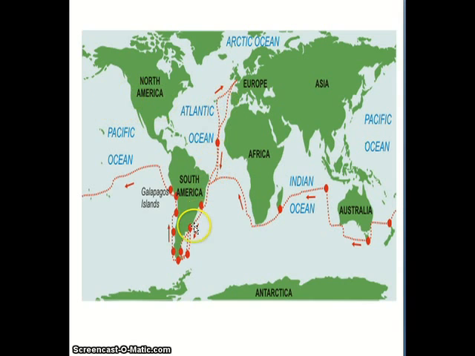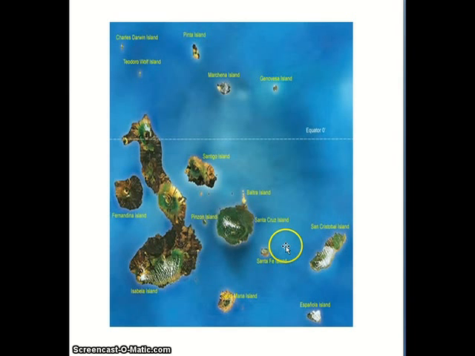Now, on his journey around the world, Darwin was very interested in his observations of oceanic islands. The Galapagos Islands are one famous example of oceanic islands. There are also islands off the west coast of Africa called the Cape Verde Islands. Here we see the Galapagos Islands. Now, they are oceanic islands because they are hundreds of miles away from the nearest continent, and they never were attached to the continent in their history.